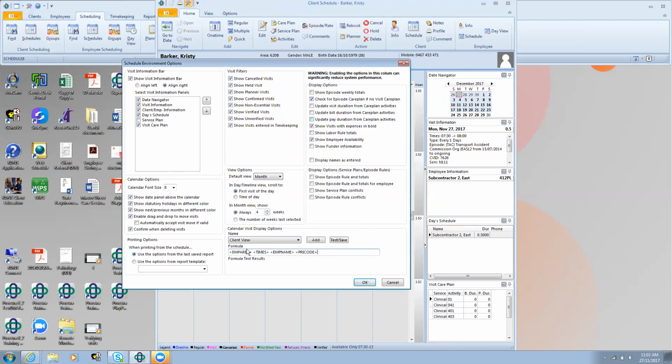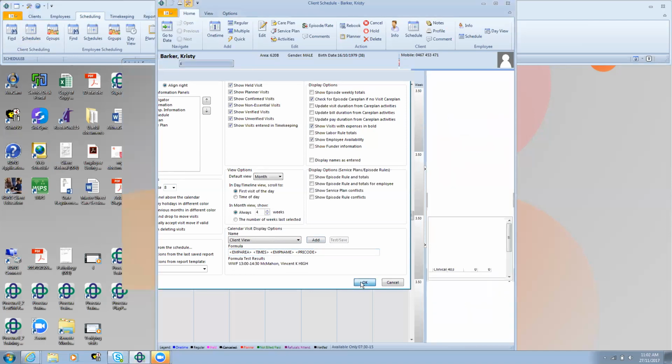Once you have entered in the formula that you want to display, if you press the Test Save button, it will actually test the formula that you've put in, and this is going to show me exactly how it will display on the client schedule for me. So the formula, the employee area, the visit times, employee name, and the priority code of the visit. If we say OK at this point,